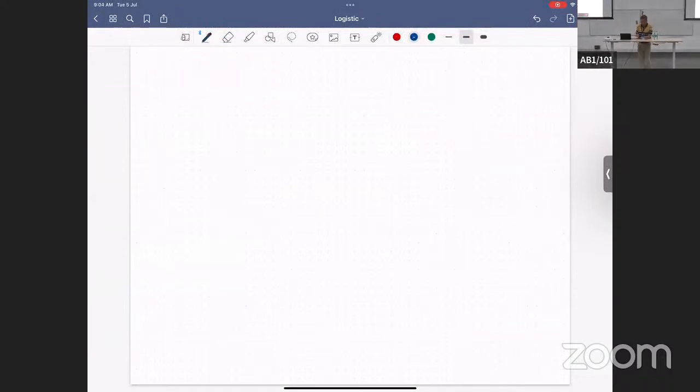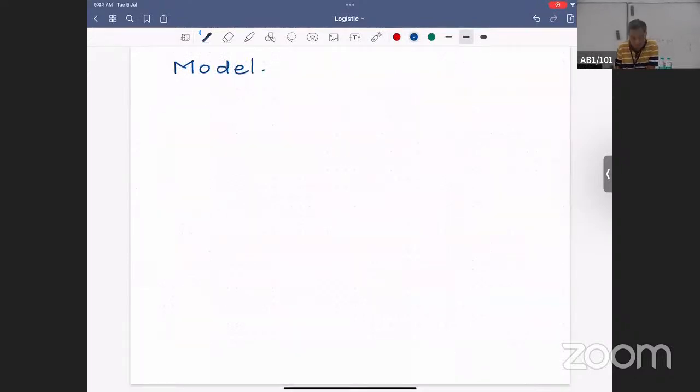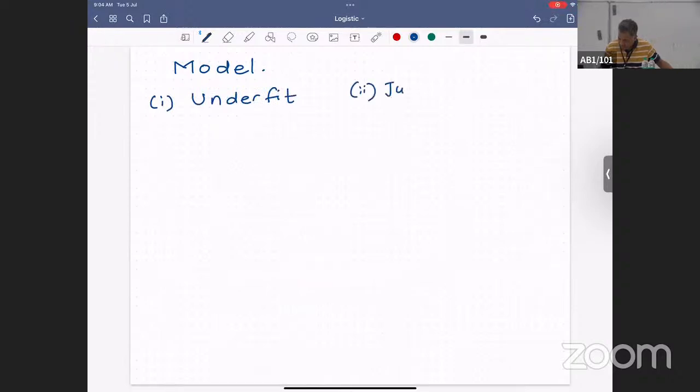So I was talking about three things yesterday, right? When you fit the model, one of the three things will happen. One is the model will underfit. Two is just right fit. And three is overfit. One of the three things will happen. So in case of classification problem,